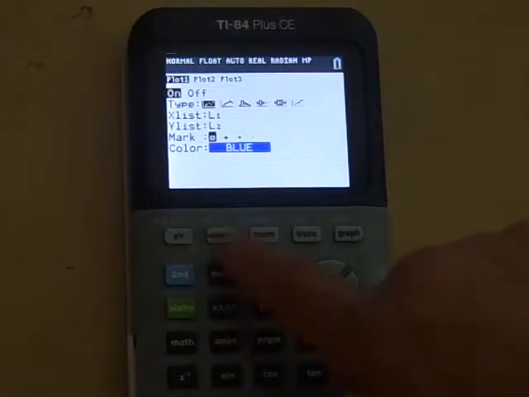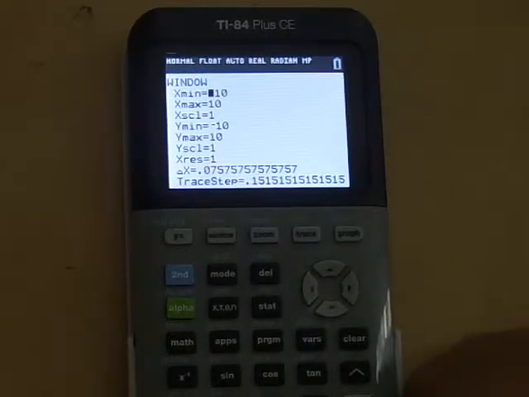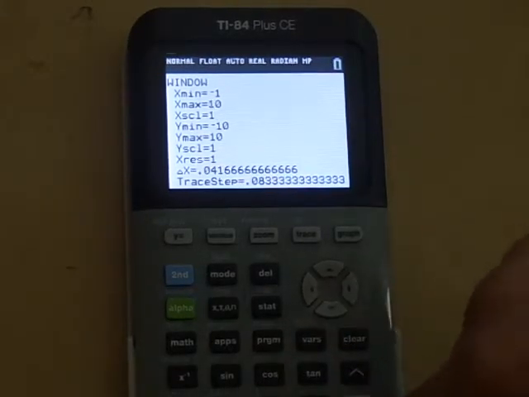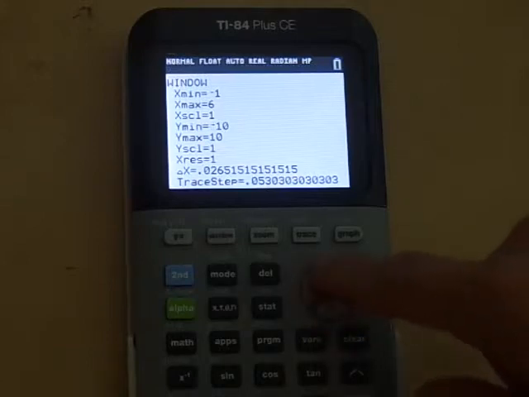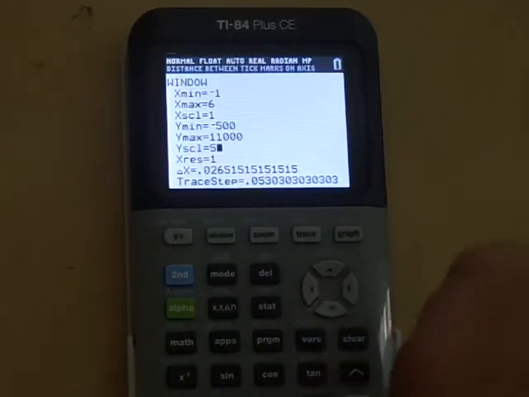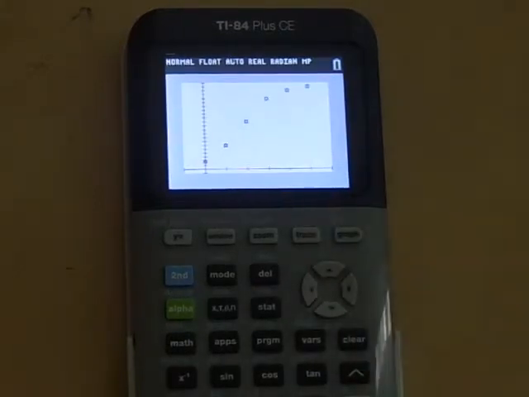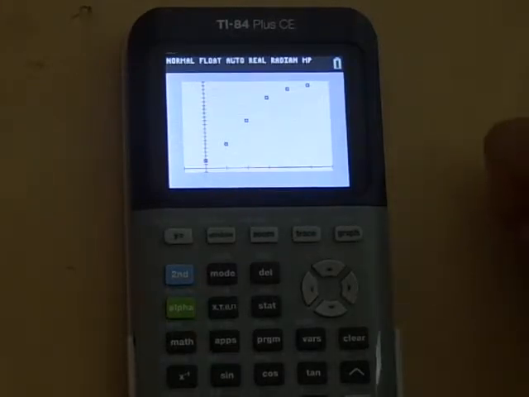And now we're going to have to modify our window quite a bit because these values are much larger than the standard window. So our data values went from 0 to 5, so we're going to go from -1 to 6 to make sure we capture the endpoints. And then we're going to go from -500 to 11,000 on a scale of 500. Now we're going to graph the function, and it does look like this function is going to be some sort